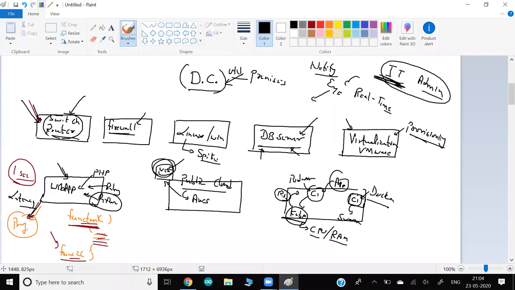And whenever they are notified, they contact their respective team, those guys who created this website or who maintain the database server, and say, in the database server we are facing some issue, we can see it in real time, can you go and check what is happening? So they will do further investigation. But before the investigation, you should know where to investigate. Which component is facing the issue, which component to monitor.